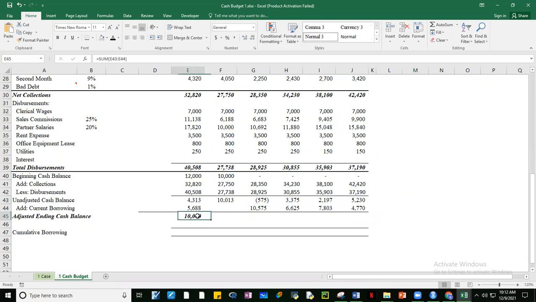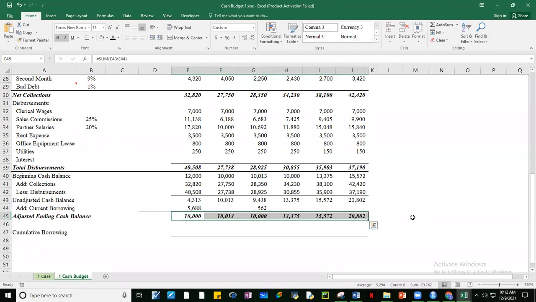And then for this one, the adjusted cash balance will now be just the sum of the unadjusted at saka yung current borrowing. Okay. There. Okay. So looks okay guys. Looks like lahat ng mga cash balance natin more than 10,000.